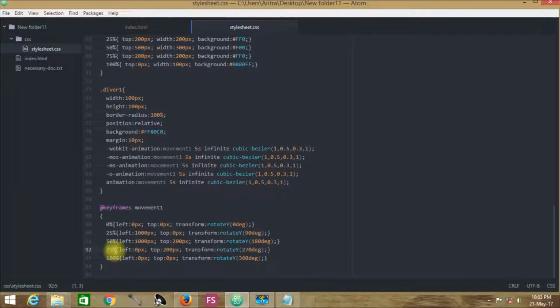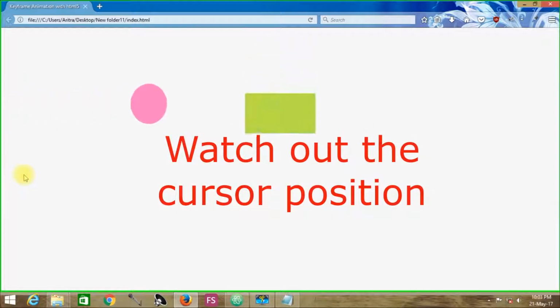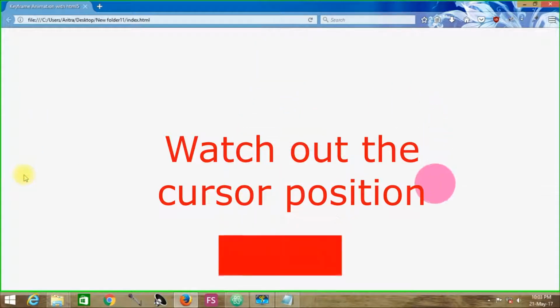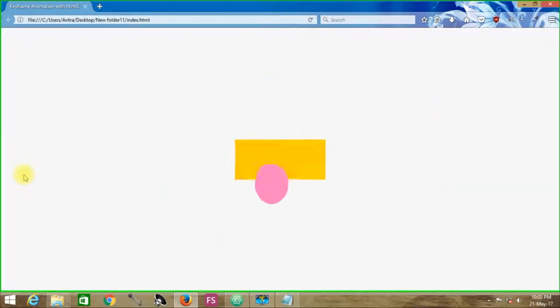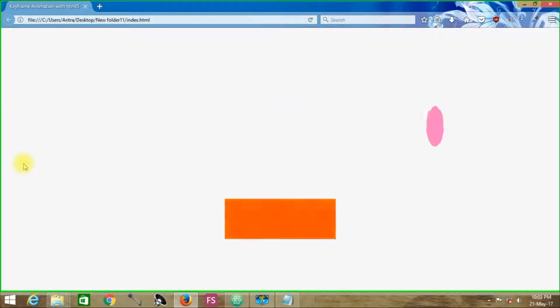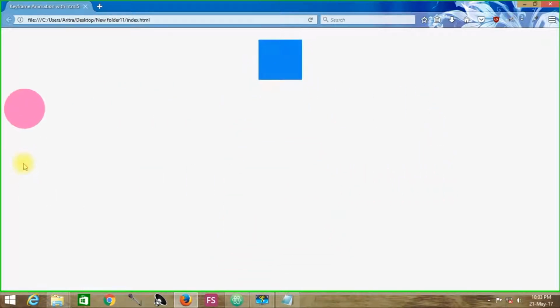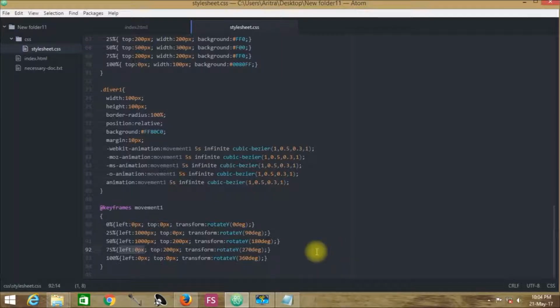At keyframe position 4, that means at 75%, from left it will leave nothing. That means if we see over here, this is the keyframe 4 position, and here it is leaving no margin from the left, as we can see over here, but from the top it is leaving a margin of 200 picks from its initial position, and the initial position is over here. So this is the top position, and from here it is leaving a margin of 200 picks. It is having a transform rotation of 270 degree. That means another 90 degree phase out rotation has occurred over here.